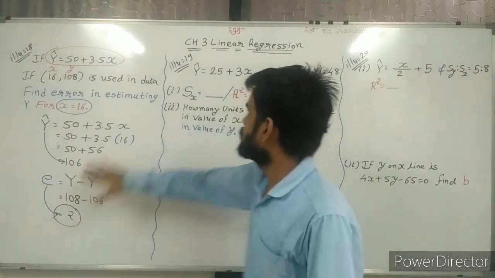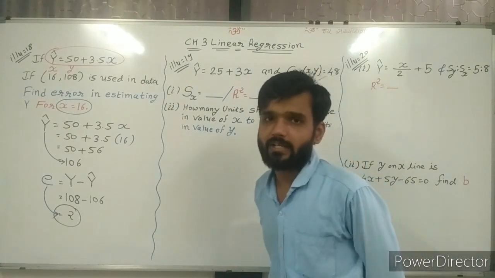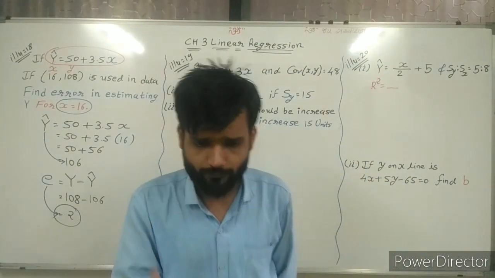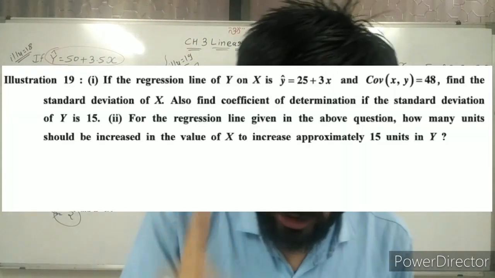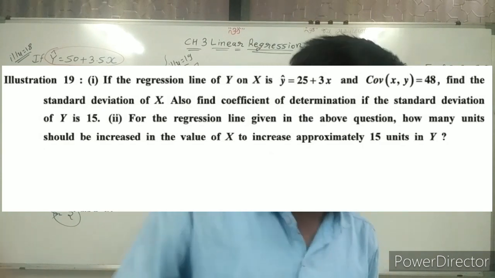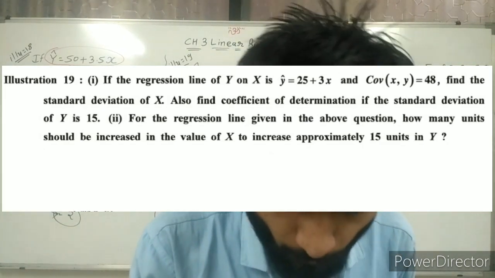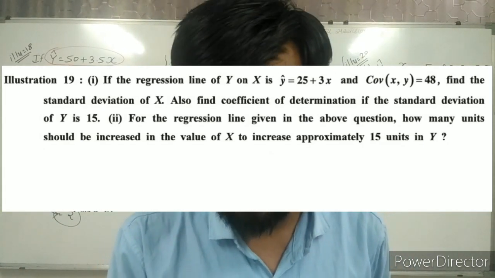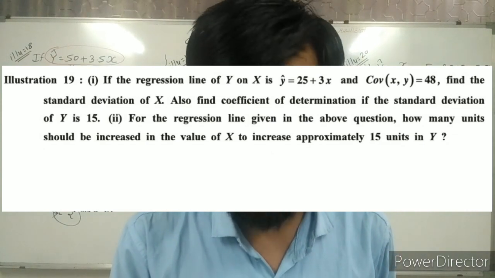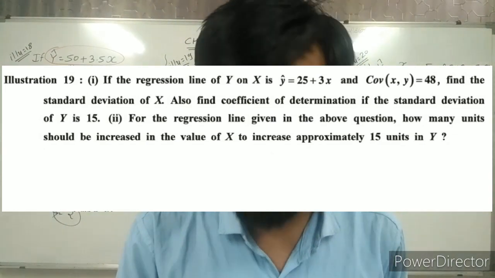Now taking new sum, illustration number 19. Again I am reading from the textbook, then after that I will do it on the board. There are also 2 questions and we need to do both questions. So the first question is, if the regression line of y on x is y cap is equal to 25 plus